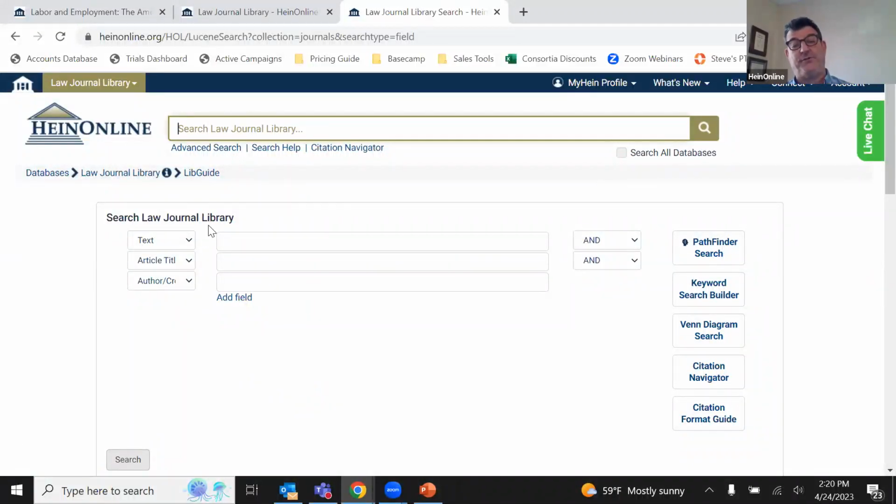Yes, you can do a search here where you're searching by text, article title, author, description, state, country, date. You can use proximity built in, so you don't need to. Yes, you can do a Google style search, and yes, you can use Boolean in HeinOnline. Or here's a nice compromise. We have built-in parameters for you, so you could throw in terms, but you can really specify. It gives you the specificity you want within 25, within 10, within 5, and or not,